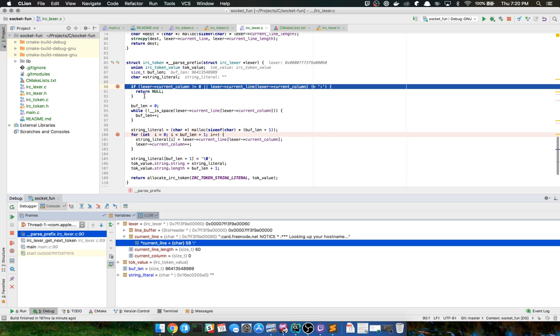So logically speaking, this should be a-okay because the line length is not greater than 0. And it is definitely the colon.